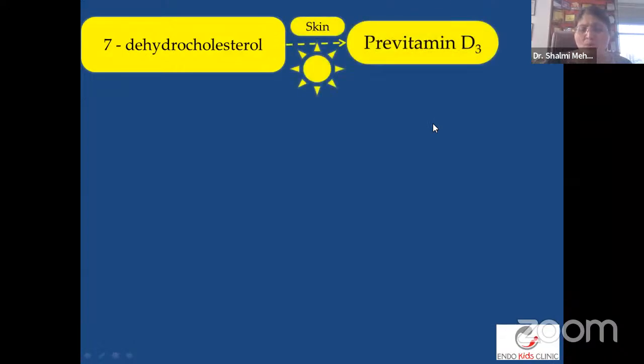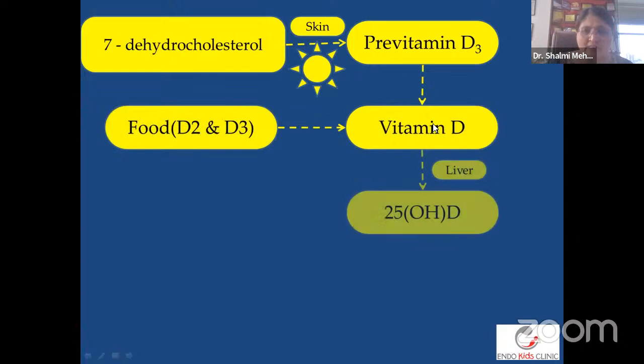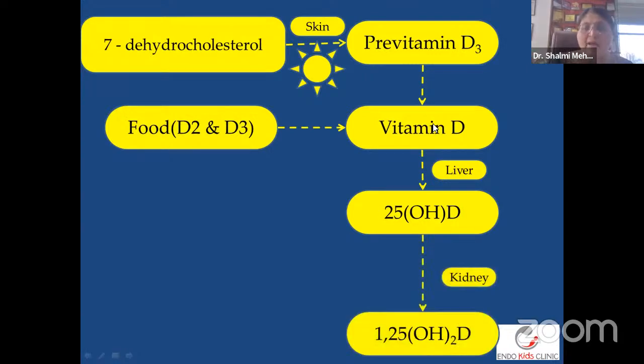So what exactly happens? We know that we do not get vitamin D from our routine foods. There are only very few seafoods from which vitamin D is available. Most of us don't consume those foods, so we rely either on sunlight or supplements. So sunlight falls on the skin, and it is on the skin that vitamin D is synthesized. It goes into the liver, forms 25 hydroxy vitamin D. It goes into the kidney, forms 1,25 dihydroxy vitamin D. And remember, this is the active form of vitamin D, which is then going to cause absorption of calcium and